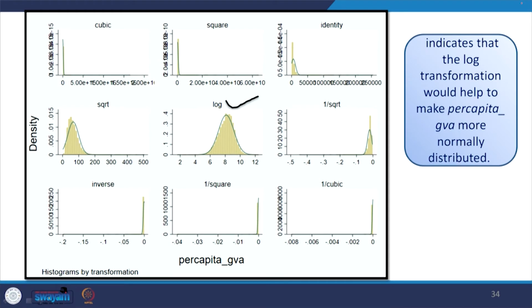Out of all those results that popped up, it seems that the log transformation of this particular per capita GDP is approximating a normal distribution. I will not spend much time here, as we have a lot of information to explore. Now, let us come to the model estimation. Regarding the y variable and its normality, we have already explained. Now, let us understand the model estimation.